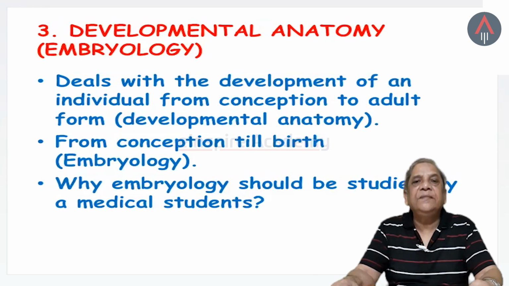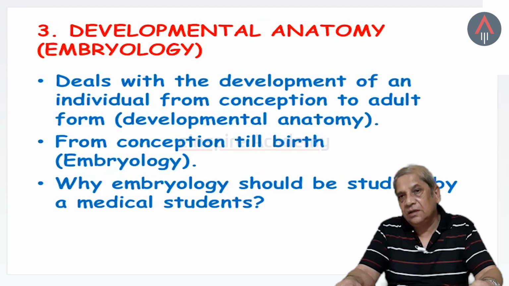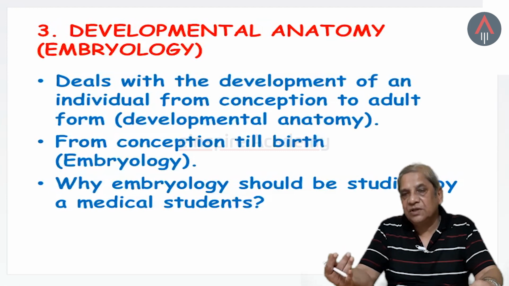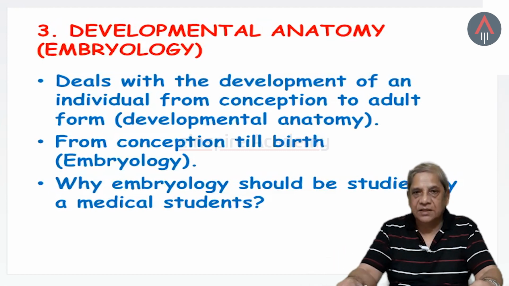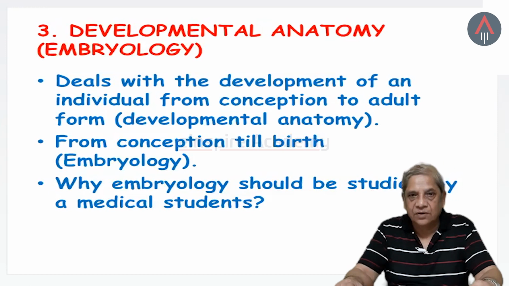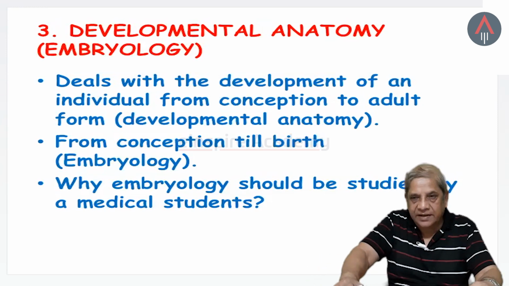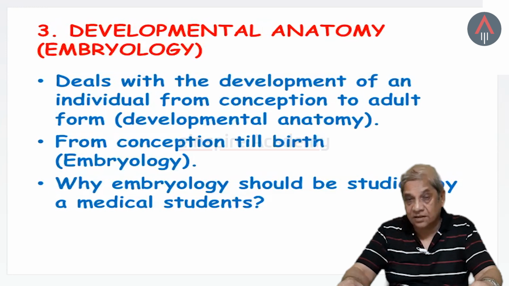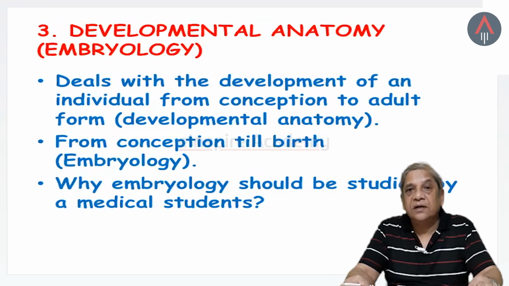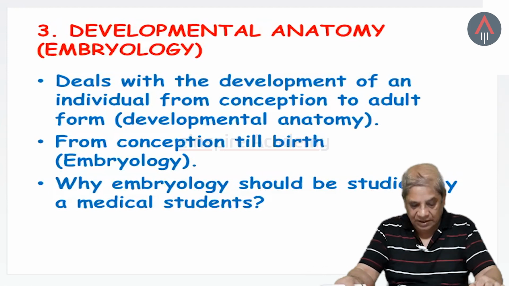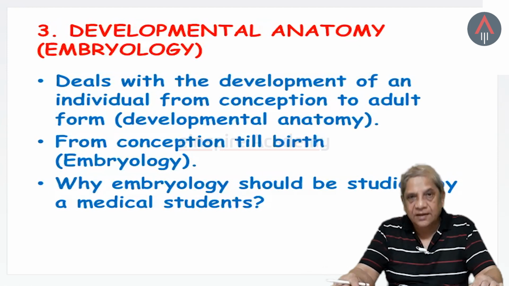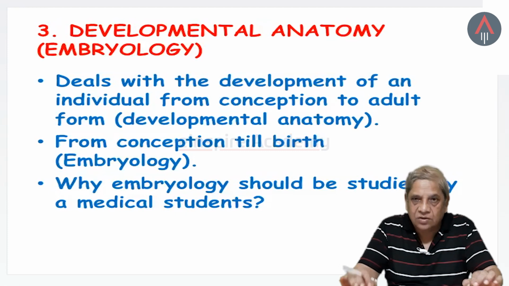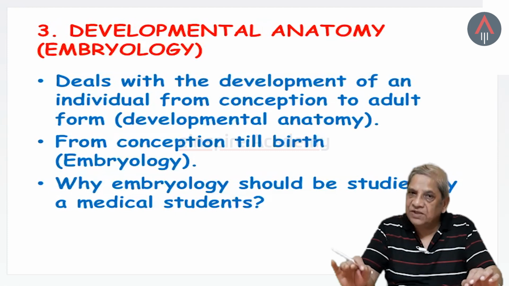You must have seen patients with a defective hard palate, that means the structure above the tongue called the hard palate. Then you must have seen persons with an extra finger or lace finger or abnormal hand, short hand, or absence of one particular organ. These are present right from birth, that means they are called congenital anomalies, and these are due to something having gone wrong during the formation of that organ.